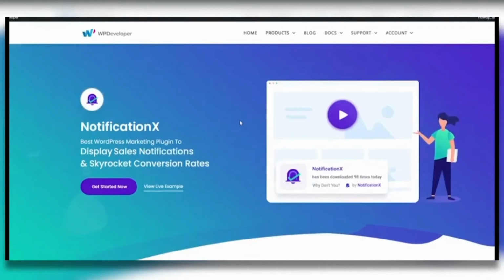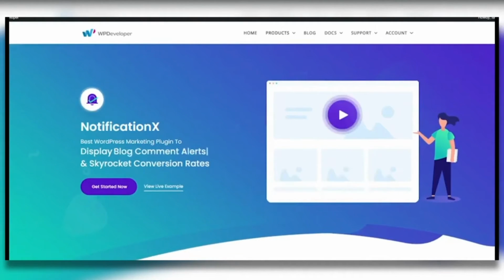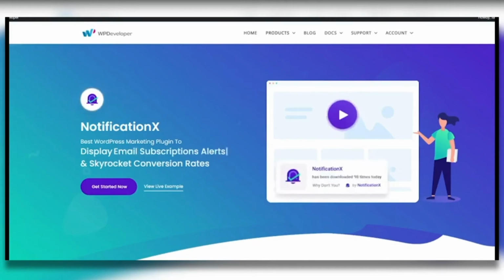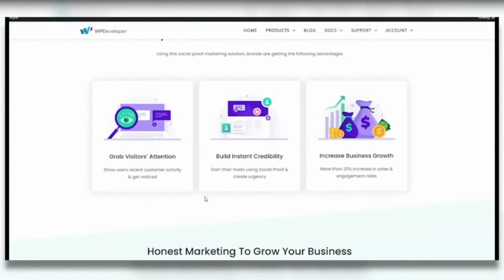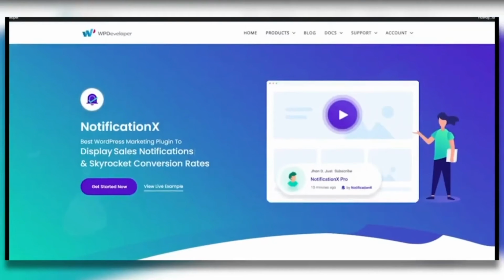You can keep track of all your earnings from the graphs and statistics on the right hand side, and you can finally proceed to payout as soon as you've earned $100. So you're gonna see your special referral link, and as soon as people click on it, they're gonna be redirected to wpdevelopment.net. And you're gonna have to let them get to Notification X, and to be able to do this, you're gonna have to change the URL to